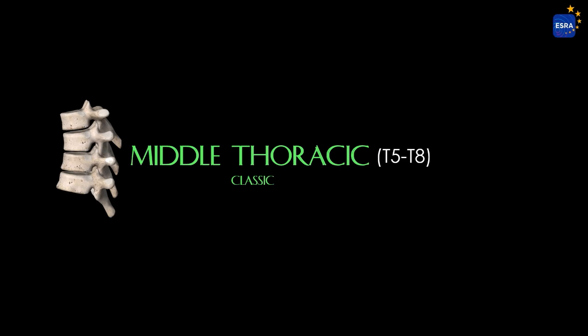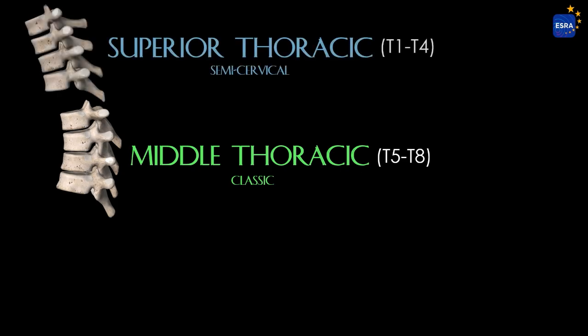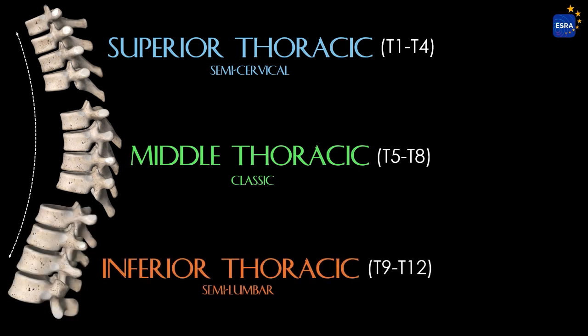From a structural standpoint, the thoracic vertebrae considered truly typical or classical are those between T5 and T8. The vertebrae from T1 to T4 exhibit features reminiscent of cervical vertebrae, sharing several anatomical characteristics with them. Conversely, the vertebrae from T9 to T12 represent a transition towards the lumbar region, displaying structural traits similar to those of the lower spinal segments.